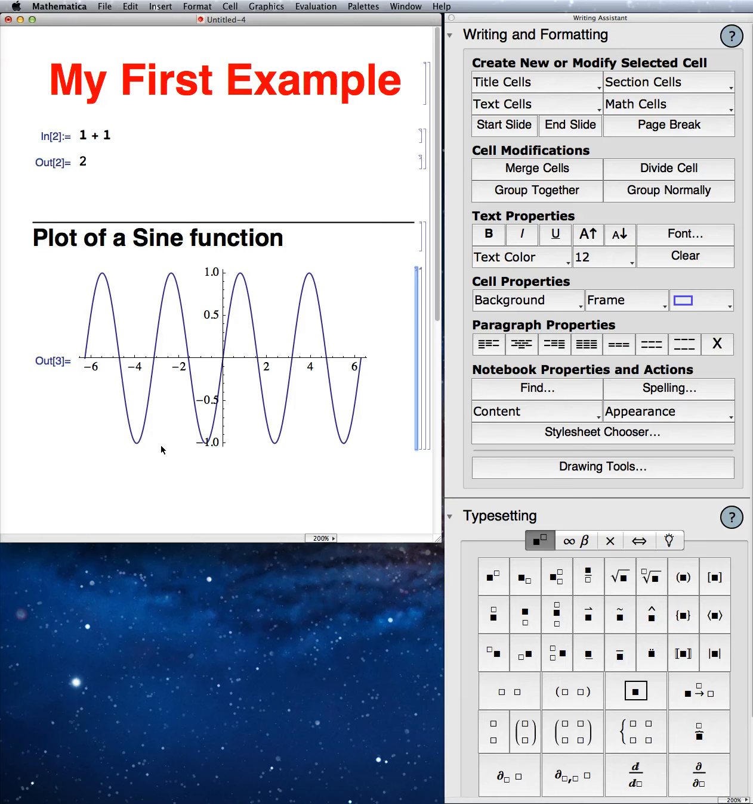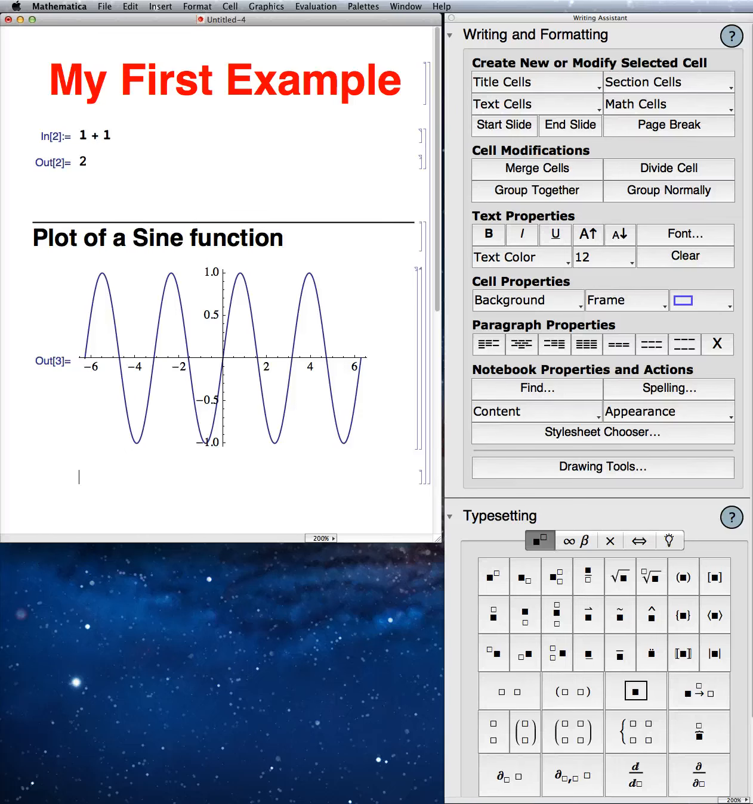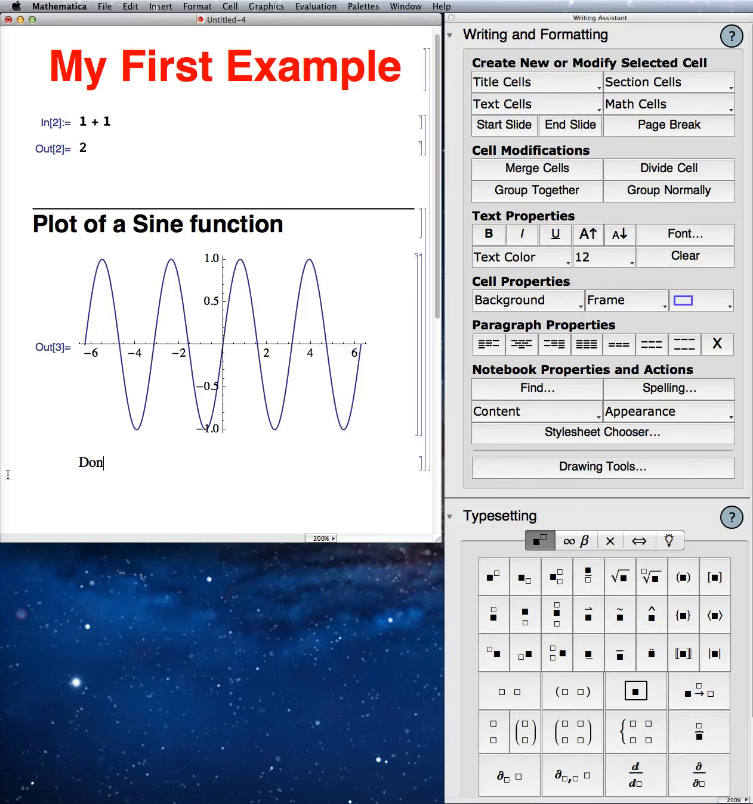All right, now we can continue with more graphs, or we could add another text entry by putting our mouse below the graph, clicking and selecting the plus symbol and selecting plain text. Here I'll just say done with part